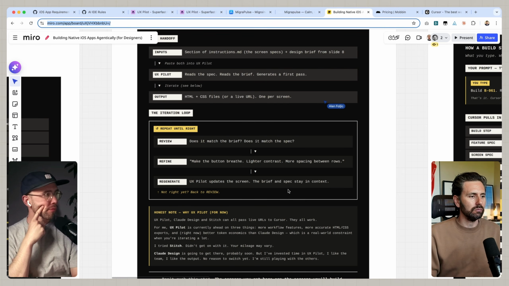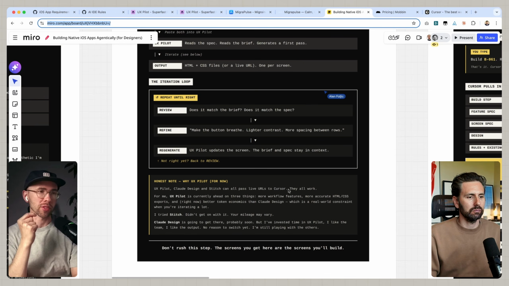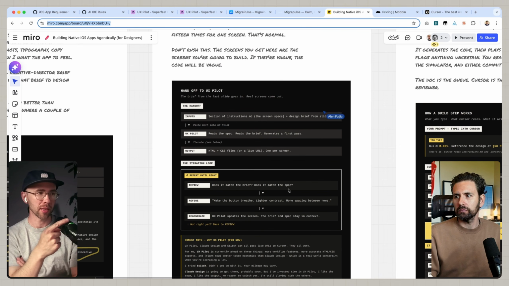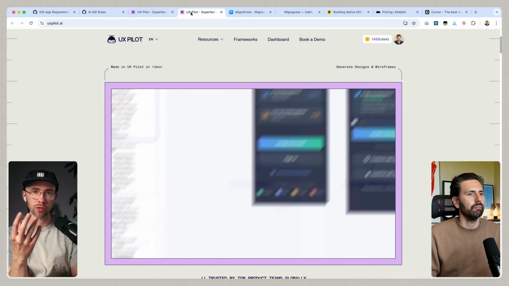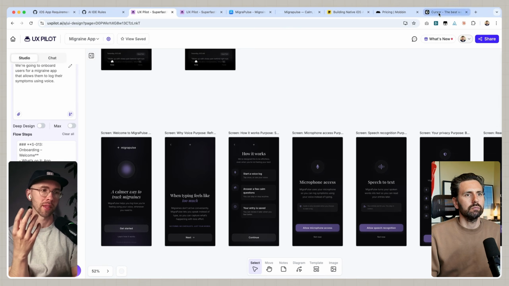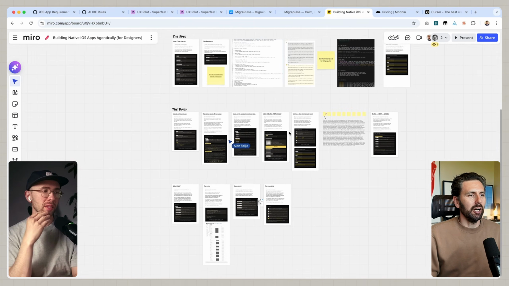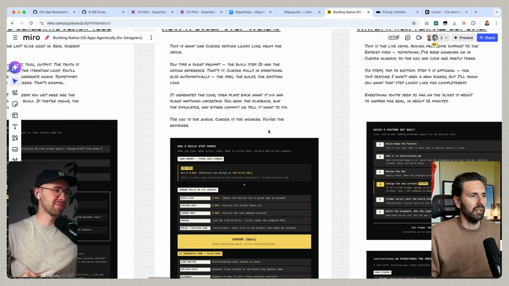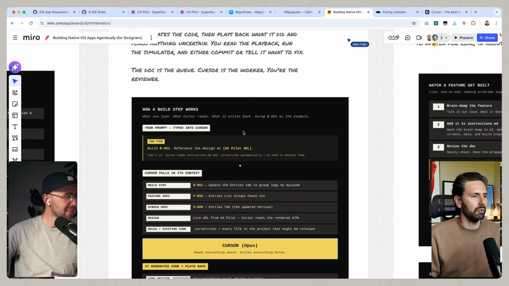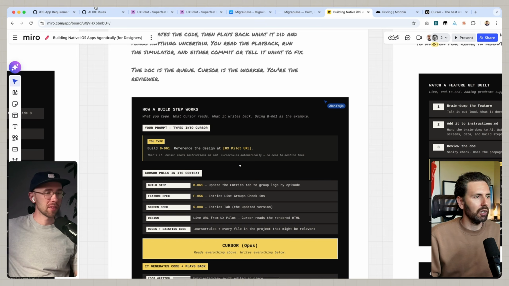So then I still have the question: how did you go from this version that we see in UX Pilot to the visual version that you showed us in the demo in the beginning? Was that within UX? Okay. And so this is how we do it. So in Cursor now,